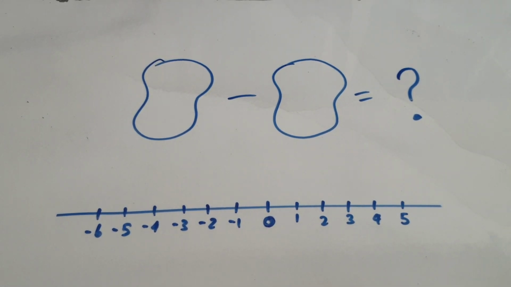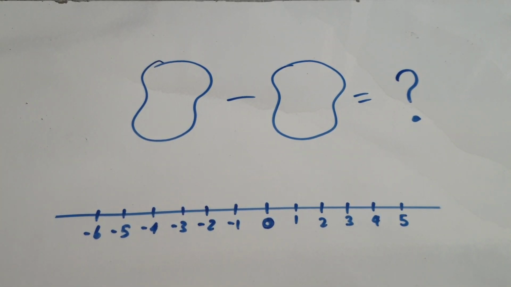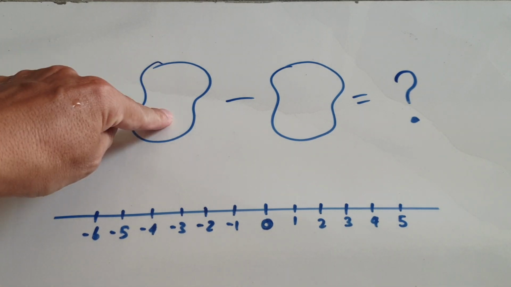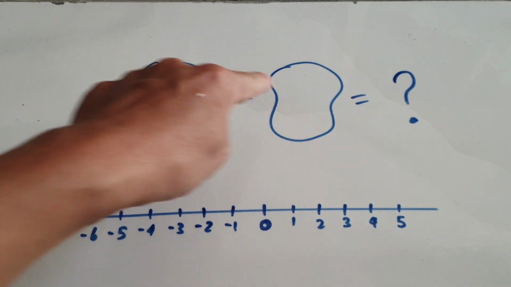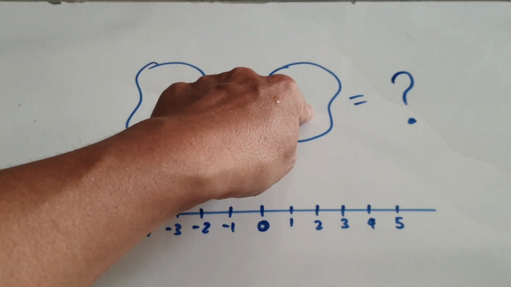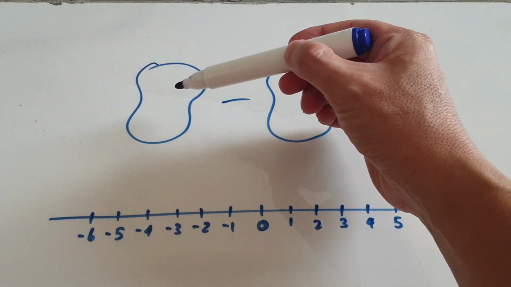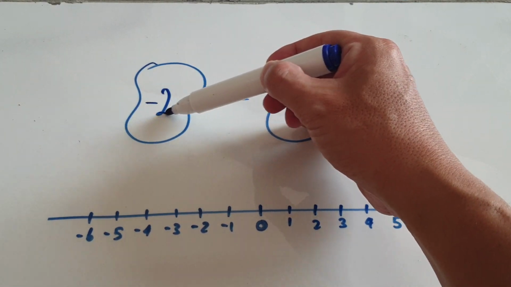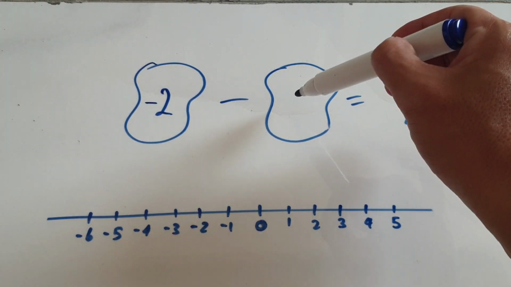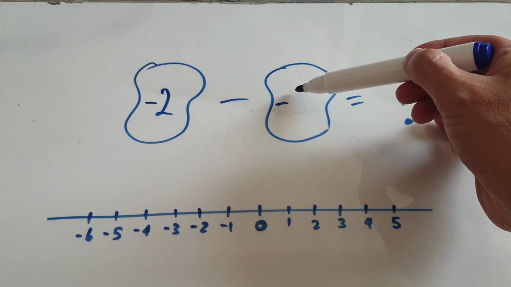In this video, I'm going to show you how to take away and add negative numbers. So here we've got one number, take away another number. I can put any number in here and I can put any number in here. So I have every right to put a negative 2 into here. I can put any number in here. I just want to take away a